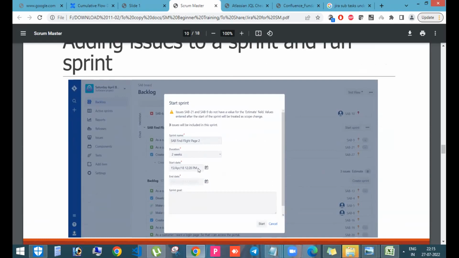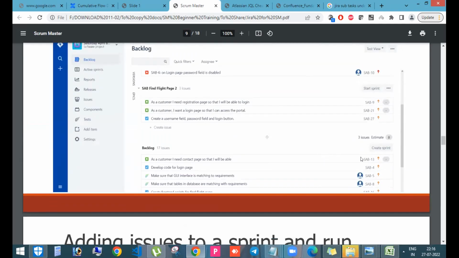Then you are going to give the start date and the end date. And then you are going to give the sprint goal. I was telling you, you can create a sprint without a sprint goal also. Once you are starting the sprint, you can just create the sprint and keep it. So how to create a sprint is just click on create sprint and then you can just create a sprint